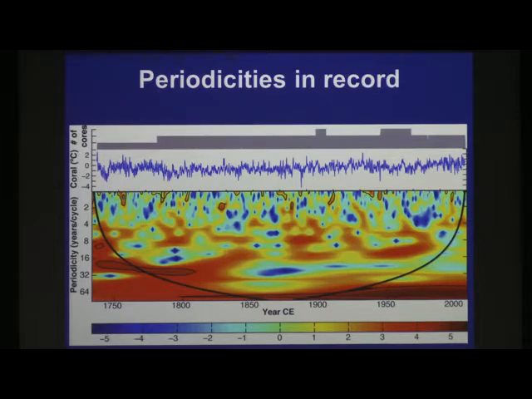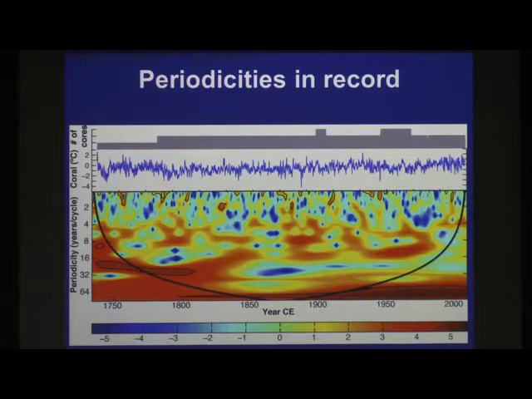Another way we can look at this is with a wavelet plot. Wavelets are another way to look at a spectrum, but here we plot the spectrum in time space. On the x-axis is time, and on the y-axis is periodicity. On a typical spectrum, this would be the x-axis. The colors represent the strength of the different periodicities. I've also plotted the coral record here, with the centennial scale trends removed, and the number of cores at the top for your reference.